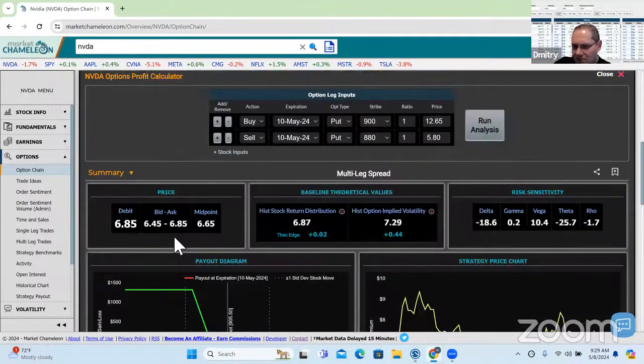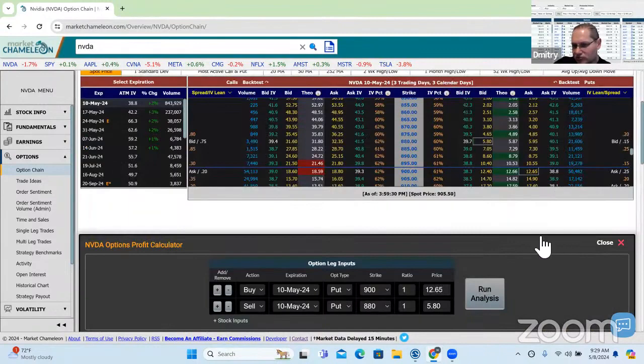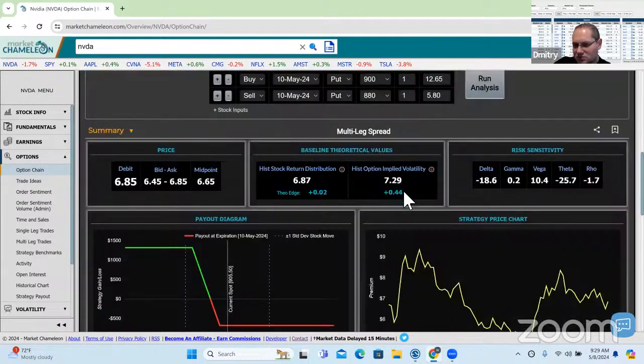So not only are the pumps moving it more favorably, because in theory we already see a theoretical edge, but I could even negotiate for a better price than this 685, potentially getting a price right at midpoint,